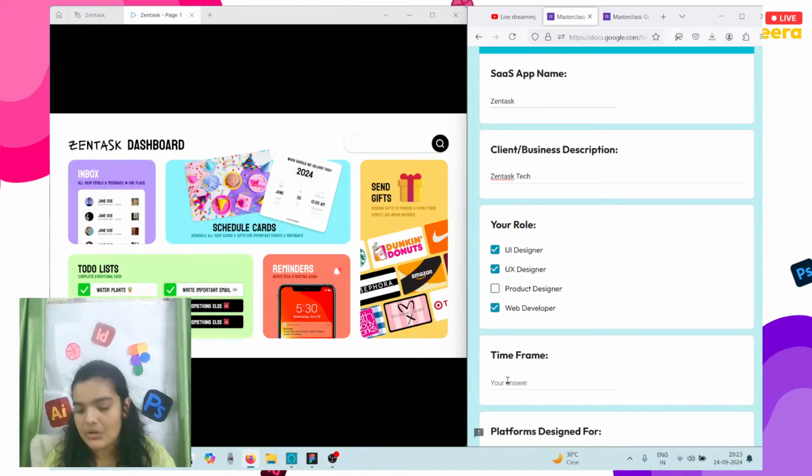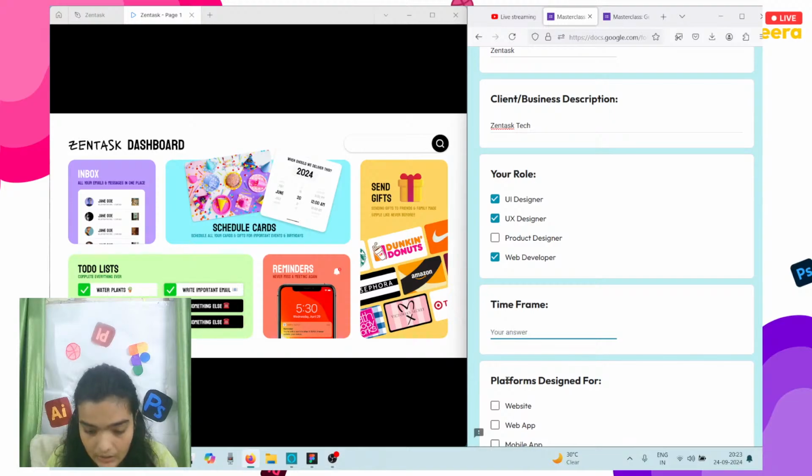The next thing you need to cover obviously is the time frame. What time frame did it take for you to make this? Let's just give it 2 weeks, and I'm just being very realistic over here. You can adjust the time limit a little bit considering how far the idea started out, how much time it took. It usually is smart to be very, very real with this time frame, not buff up the numbers, not make them too small, because